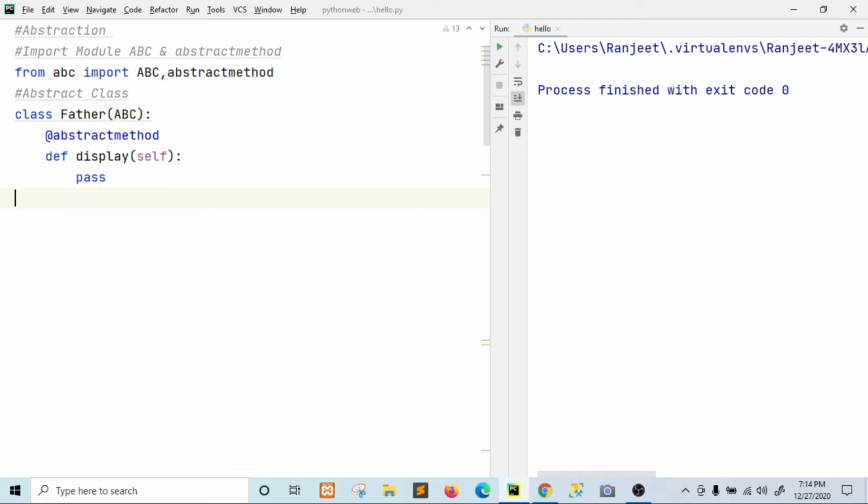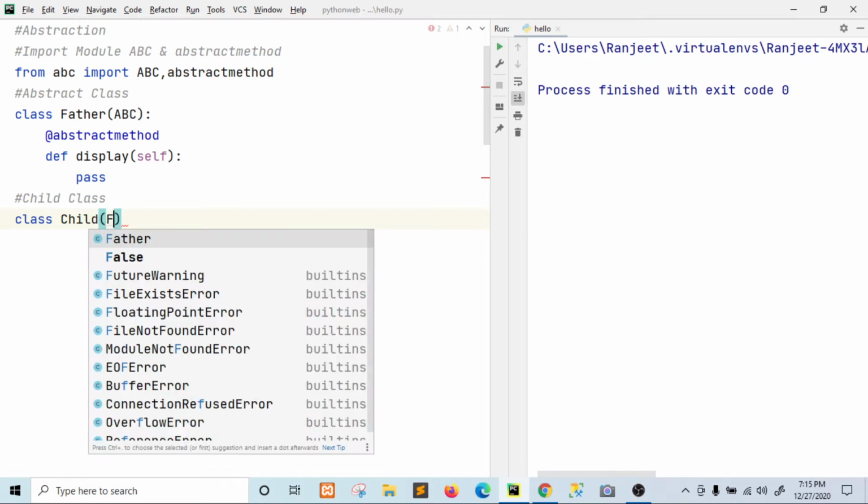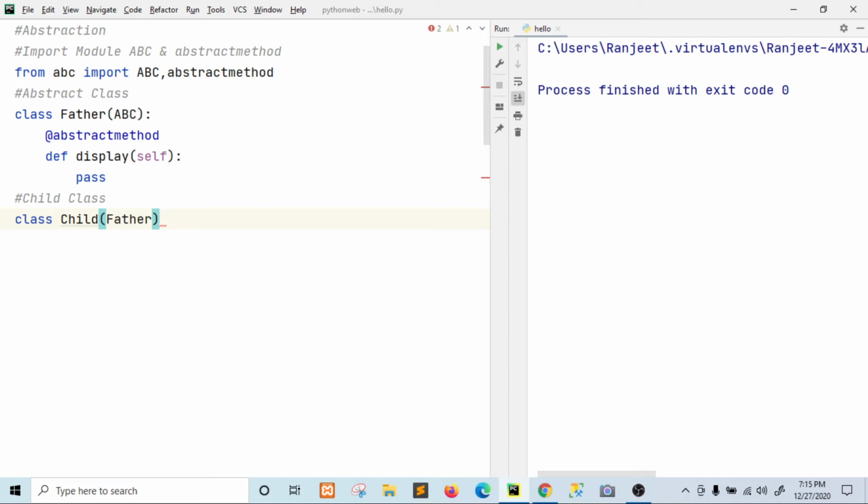Now we will make a child class. So class Child, and pass Father. Here in the parent you did not give the implementation part, so in the child class you will have to give the implementation of this method.